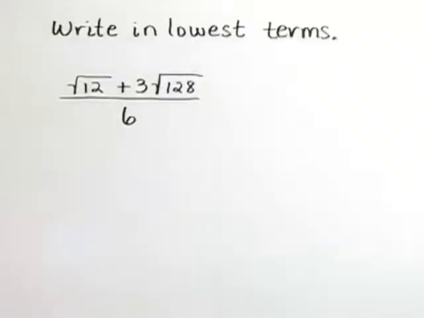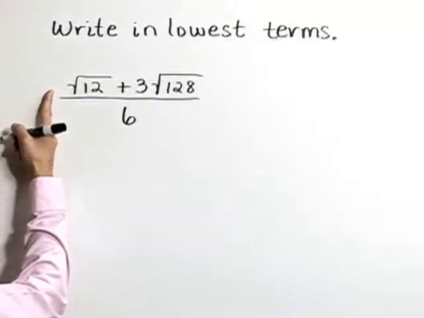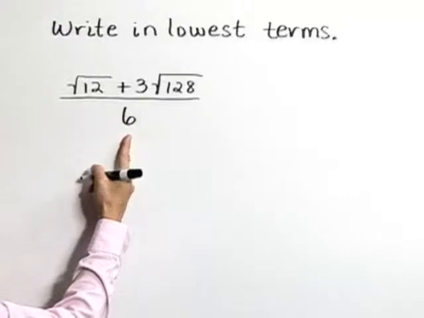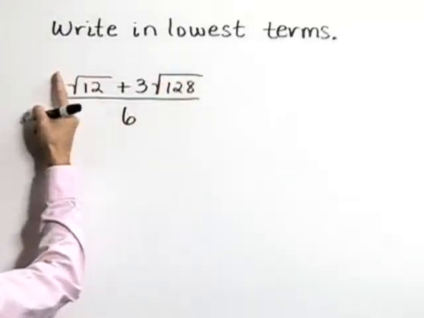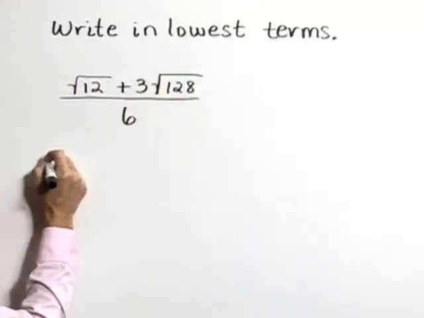Write this in lowest terms: the square root of 12 plus 3 times the square root of 128, all over 6. To write this in lowest terms, we need to simplify these radical values by taking as many perfect squares out of there as possible. So let's start by